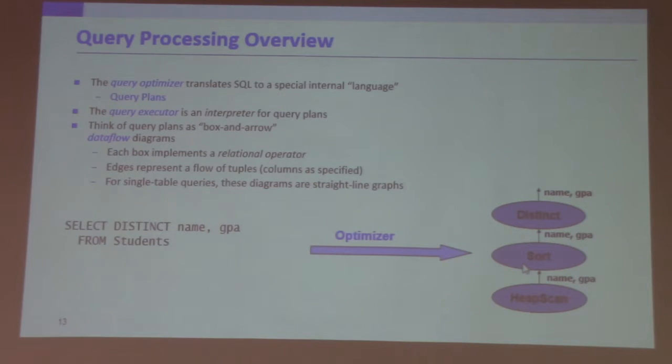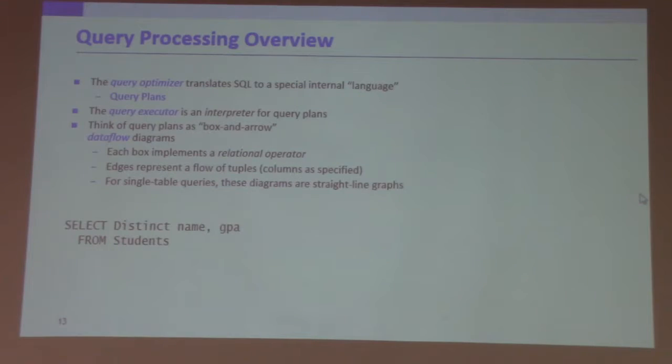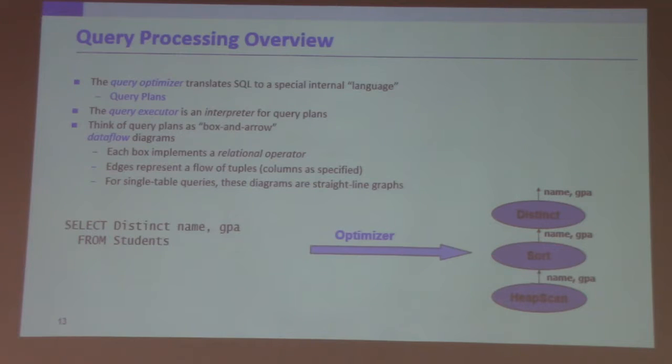Then I will do a sort by name and GPA. Then I will do distinct. Why do I need to do sorting? Because if your query looks like this, then your query plan is just this. But since you have a distinct keyword, you have to do the sorting in order to remove duplicates. Like I said before, the algorithm is